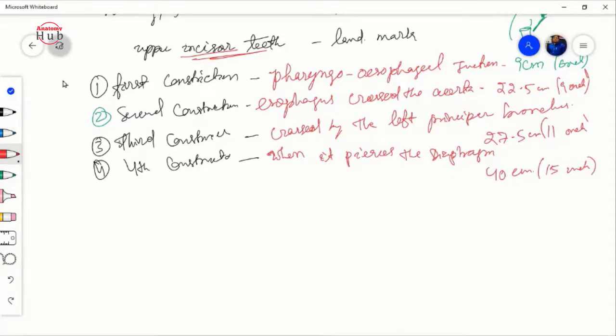Clear, all of you? Sir, why can't we take the reference from the thoracic spine? Why thoracic spine? How can you measure the thoracic spine? Sir, from vertebra, like it pierces the diaphragm, it can be at T10 level. But the thoracic spine is a curvature, no? Yes, sir. So it will make error, and the surgical procedure is always approached from the anterior side, not from the posterior side.